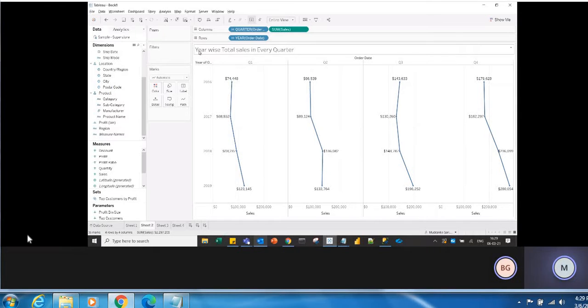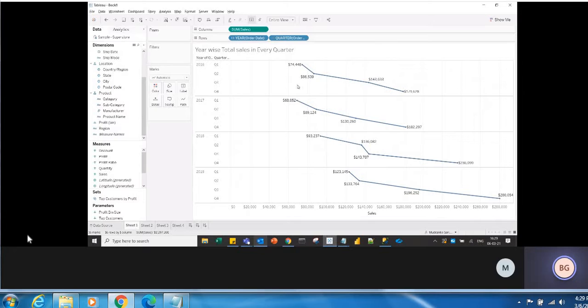So year is a normal dimension and quarter is a small multiple dimension, SMD, correct? That's the reason we have dragged the year into rows normally, and the small multiple dimension we are dragging into the columns, opposite to that. Okay, so you will get this kind of view. Otherwise you will get a nested view like this.